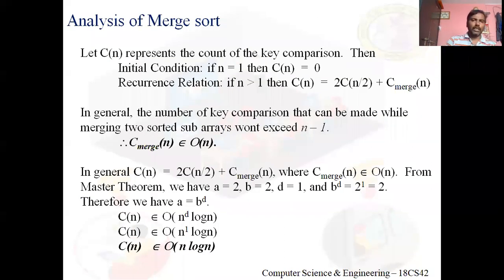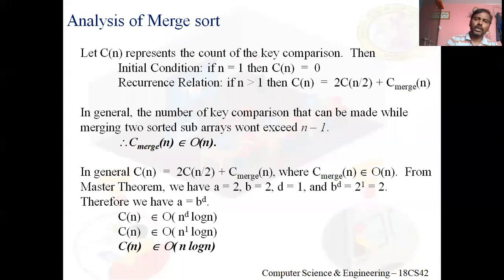So now coming to the analysis part, okay. Now think of Master's theorem. Listen, if the array has only one element, do we need to divide it into subproblems? No. An array with one element is already sorted. No need to divide, no need of comparison, anything. So the initial condition: if n equals 1, an array with one element, what is the basic operation count, C of n? It is nothing but 0.